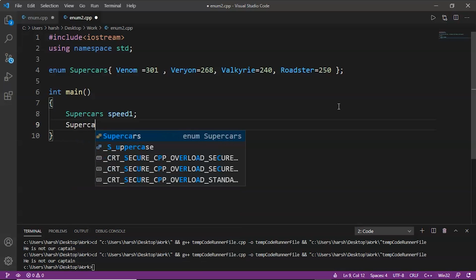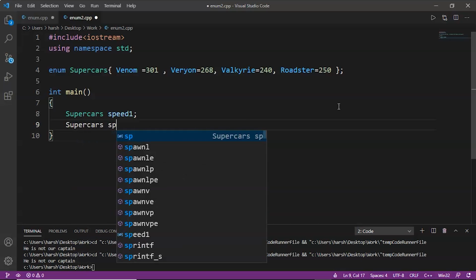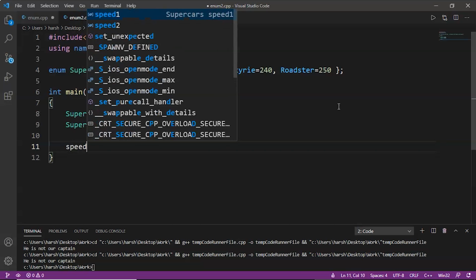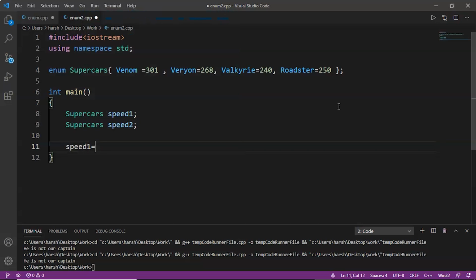Now again speed2. Now we will assign the two cars that we want to compare to these variables. So speed1 will be Valkyrie, and speed2 would be Roadster.